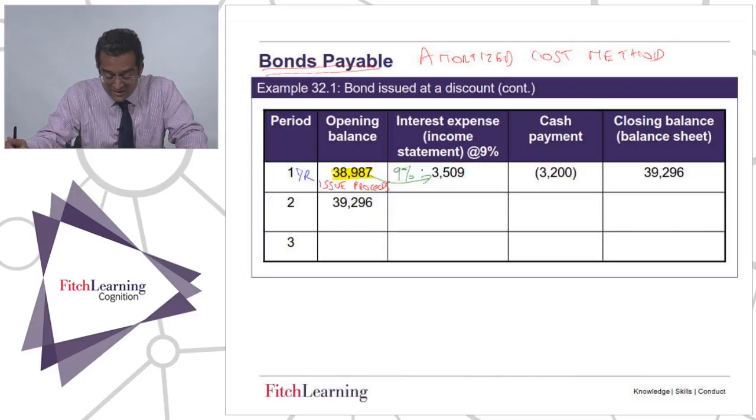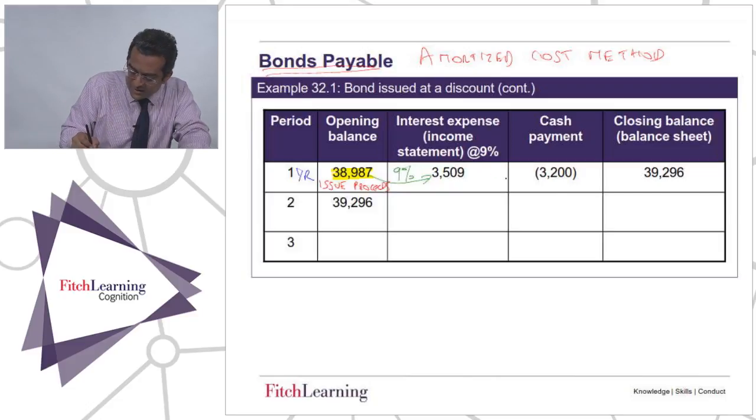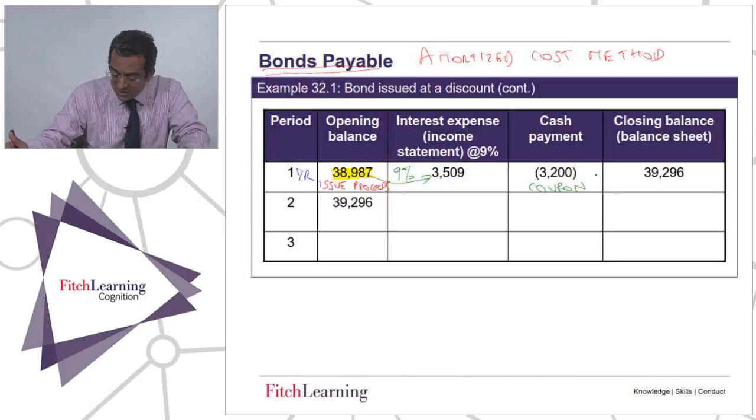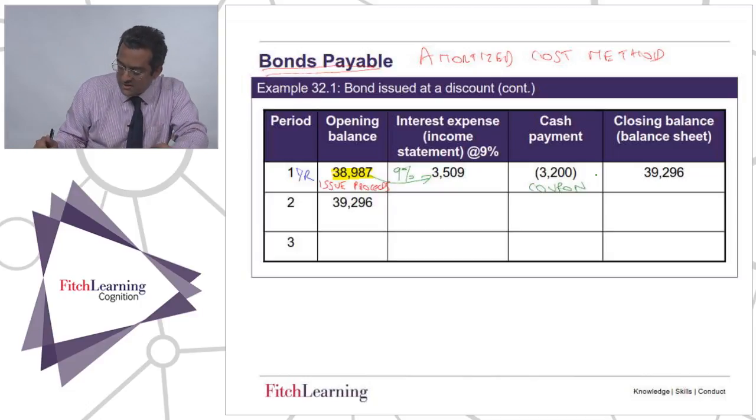So we have rounded the number, of course, but it's approximately right, isn't it? 9% of 38,987 is 3,509. That would be accruing on the liability. That would be accruing or adding to your balance sheet liability. But then you would subtract the cash payment. Notice, guys, that's of course just your coupon. So the coupon is a payment. Notice it reduces the liability. So we're adding one thing, we're subtracting the other. And by doing that, we should be getting your closing balance sheet amount. So your ending amount